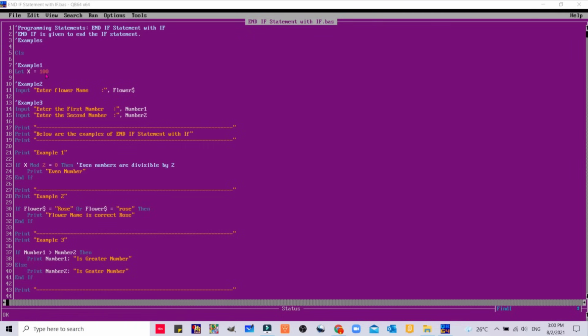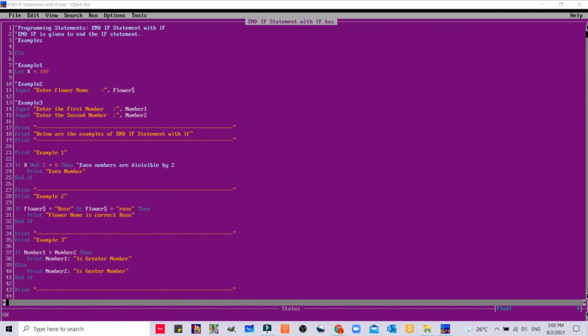So x is equal to 100. If x mod 2, it will give the remainder. Remainder means 100 divided by 2. If 100 divided by 2 is equal to 0, then even numbers are divisible by 2. This is commented, you can see here.